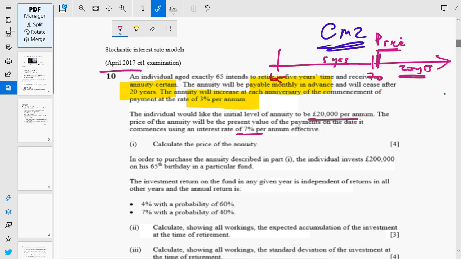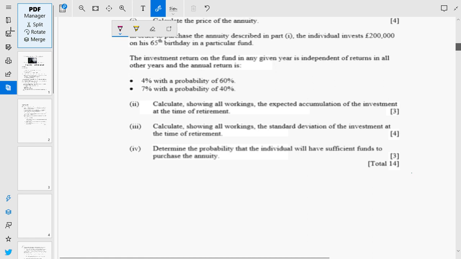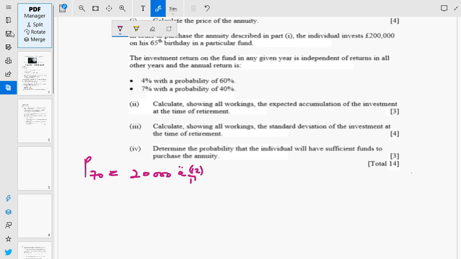So the first question here says, calculate the price of the annuity. Now, we need to set out the correct equation for this price of the annuity. I'm going to call that P70. In the first year, we're going to have £20,000 per annum, payable monthly in advance. So I'm going to have this, okay? Now, in the second year, this 20,000 is going to increase by 3%. So we're going to have 20,000 times 1.03, but this will be payable for the whole year,